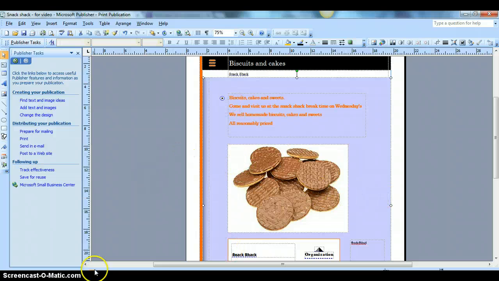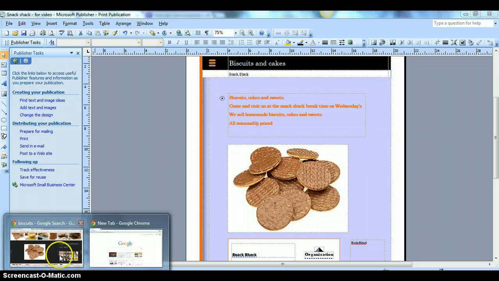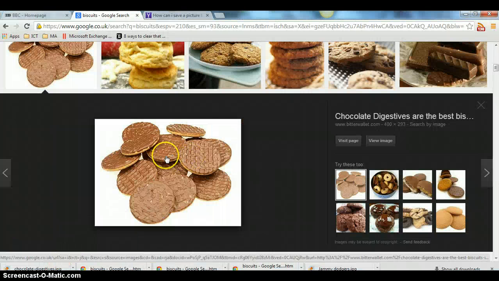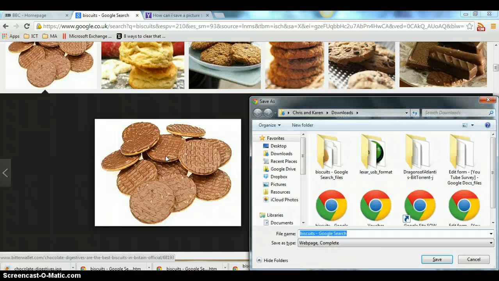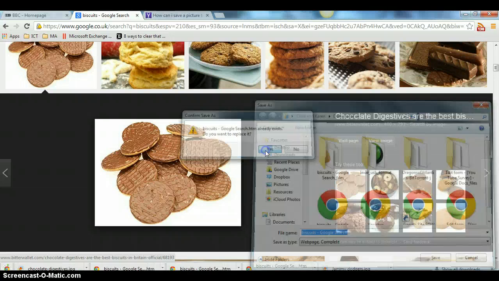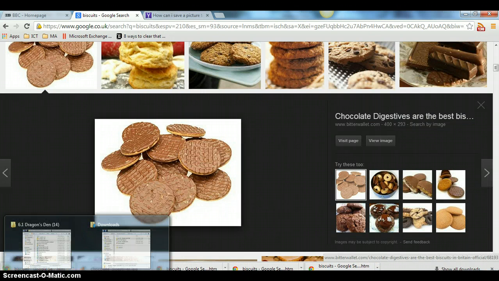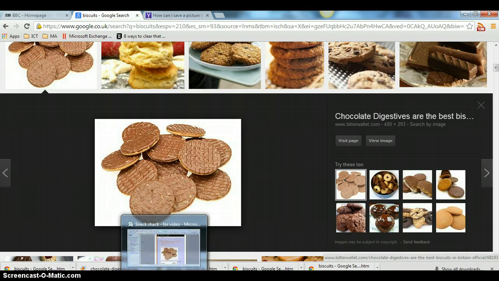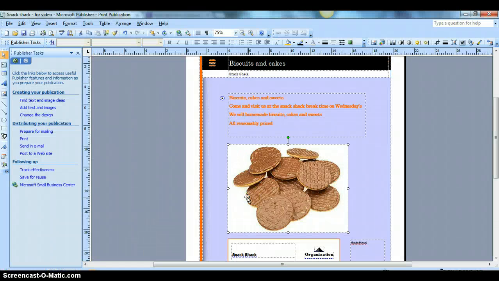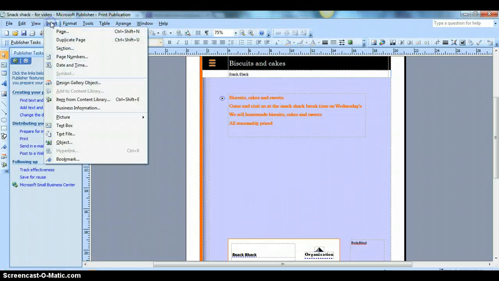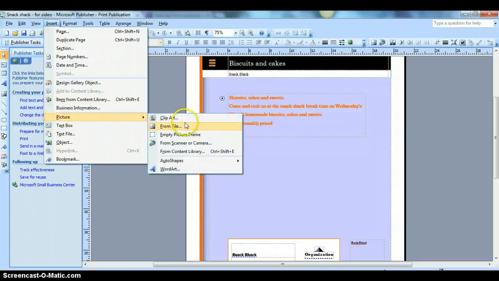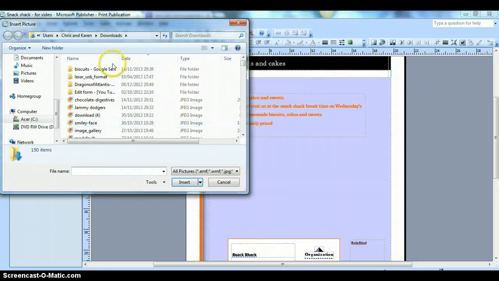Now just for those of you who couldn't download the image because of right click issues, what you can do is hover over the image and click Control, which is the bottom left hand key, and S, and that will save it as a web page. The next thing we do is go back to our downloads area. I'll just delete this for those people who do it like this. Go Insert Picture from File,